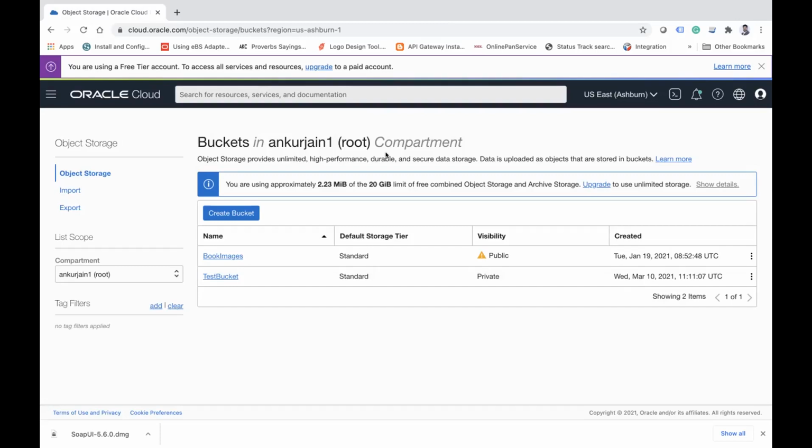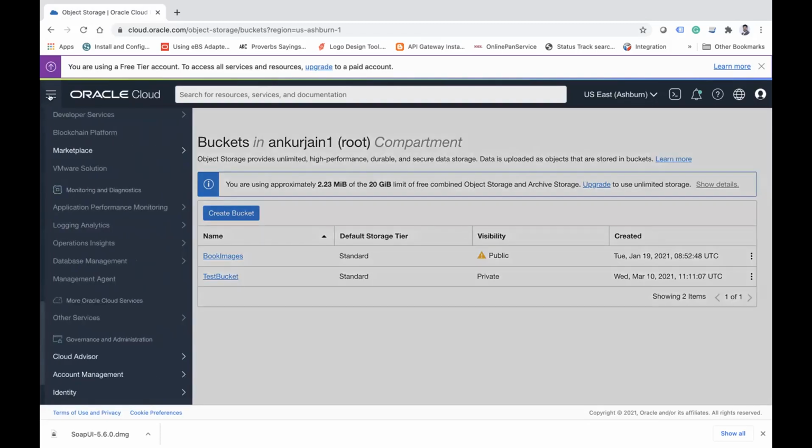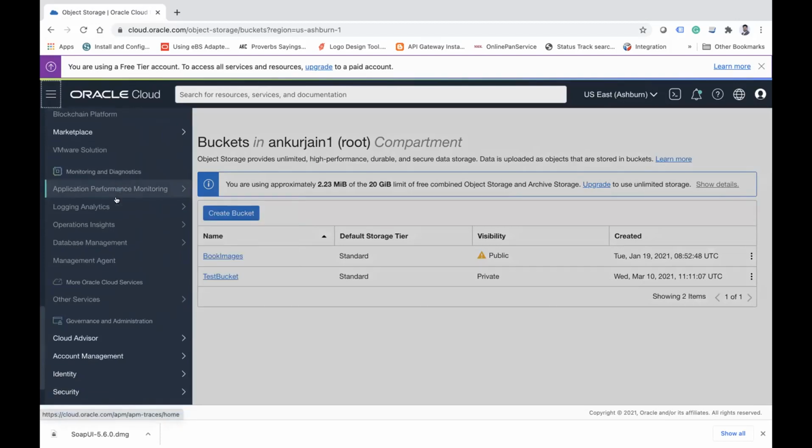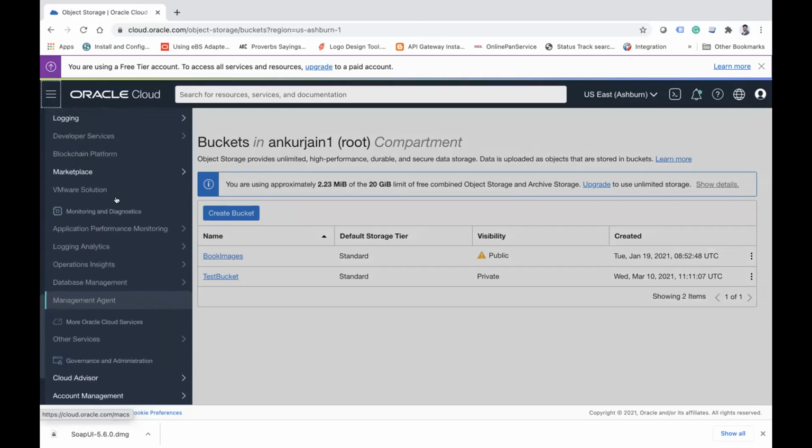So every new customer is provisioning their instances into the Gen 2 environment only, because it's based on high spec servers. Every instance, whether it's an ATP or an OIC, is deployed on OCI Gen 2. The old customers who are using the OIC Gen 1 instance, Oracle is migrating to OIC Gen 2 instance. Right? So now when you need to create your OIC instance, what you need to do,